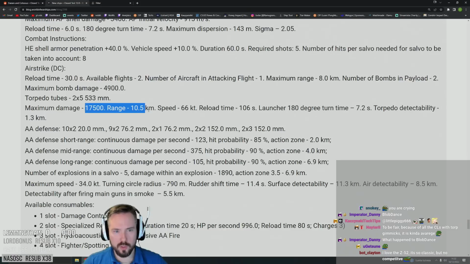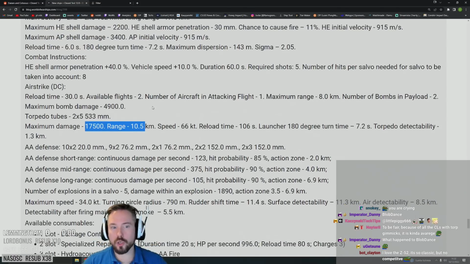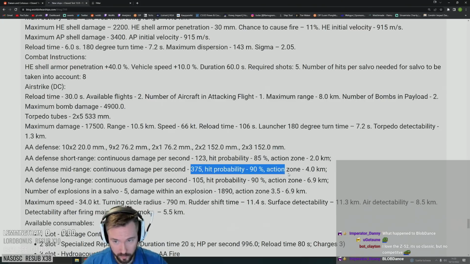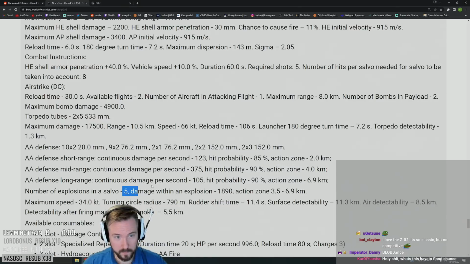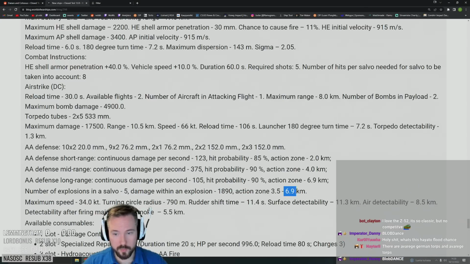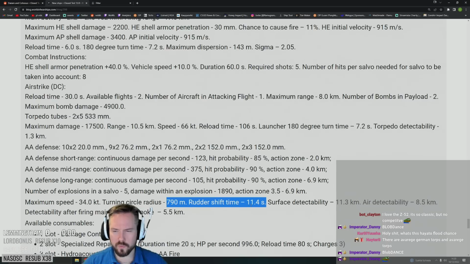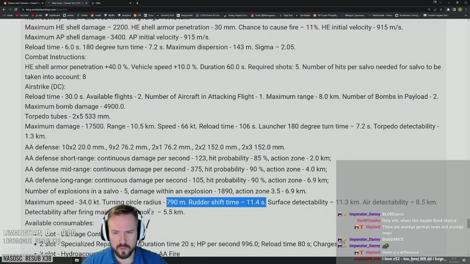Still, these are pretty strong. Oh, because you're going to be able to stealth storm. Yeah, these are pretty strong. You're going to be able to stealth storm. AA, good mid-range. 5 flak. 1890, 6.9. 34 knots. Where's this rudder shift? Wait, 11.4 rudder shift. That's...